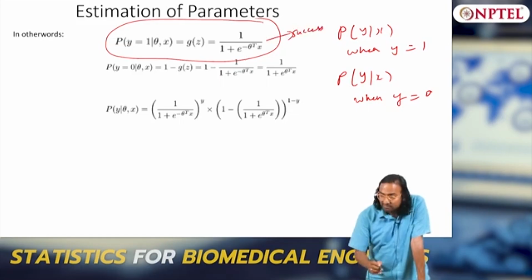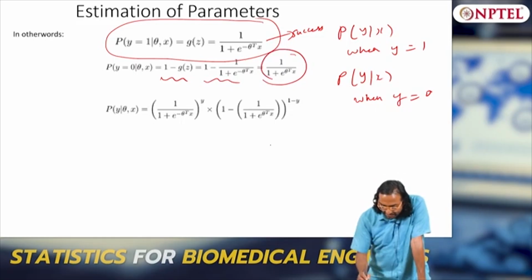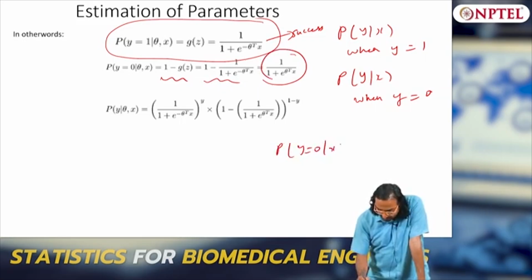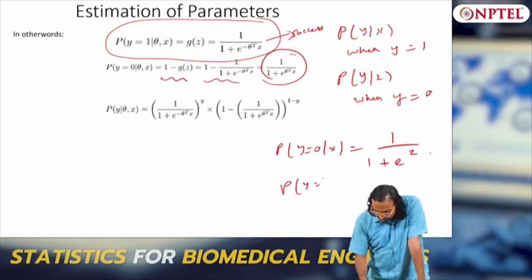What is failure? Failure is 1 minus success. So 1 minus 1 by 1 plus e power minus theta transpose x. I can combine it, and the probability of y equals 0 given x is nothing but 1 by 1 plus e power z, and the probability of y equals 1 given x equals